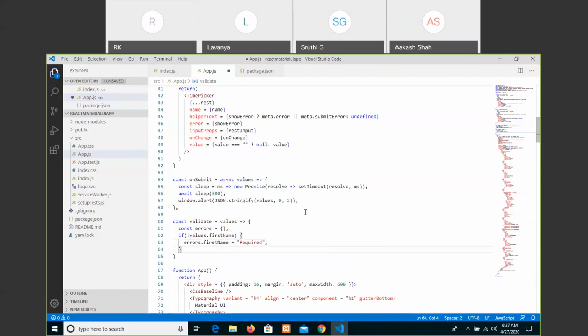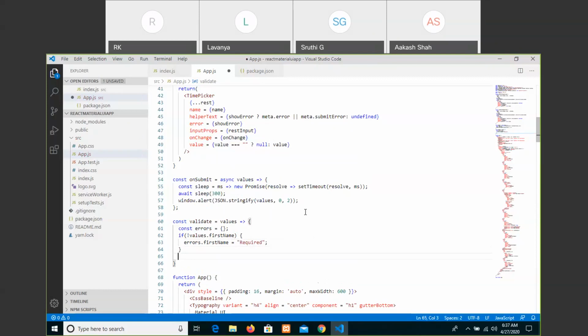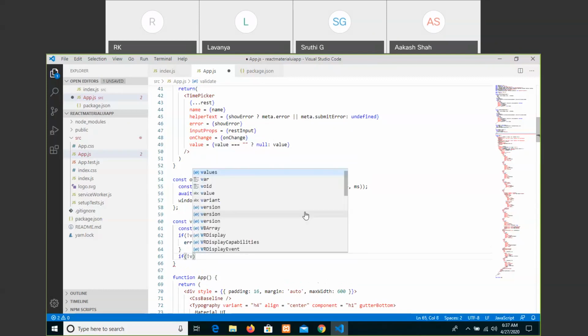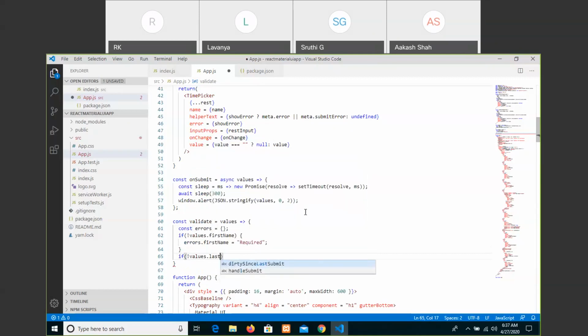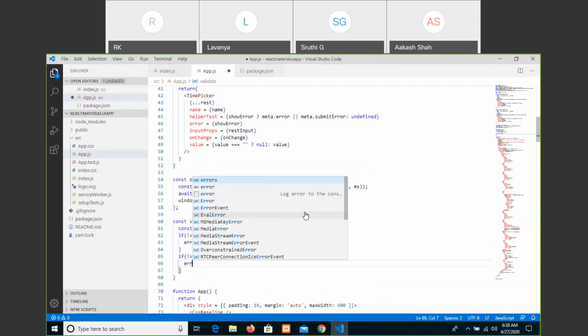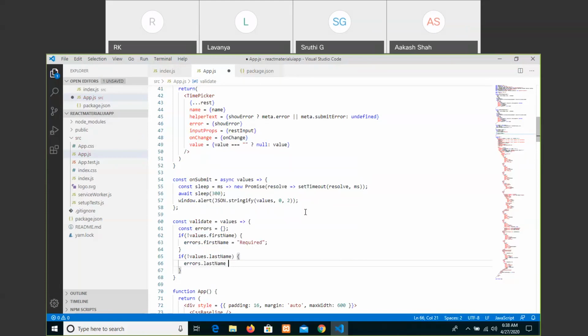The same way, if logical not values.lastName, then errors.lastName equals required.